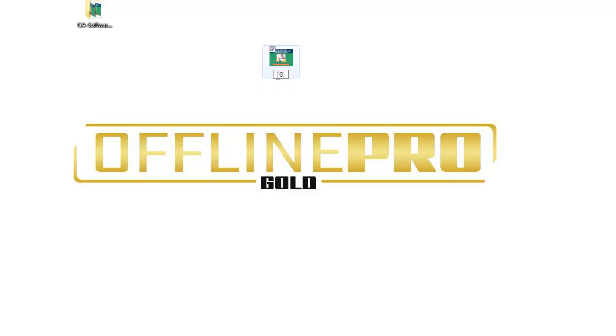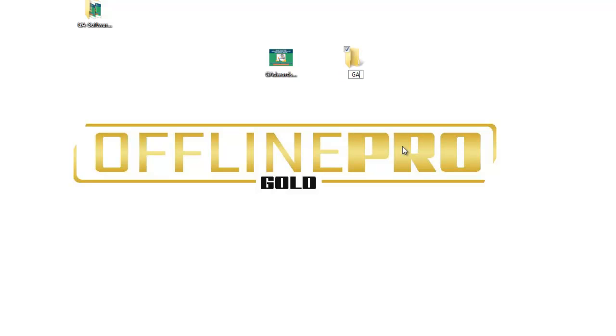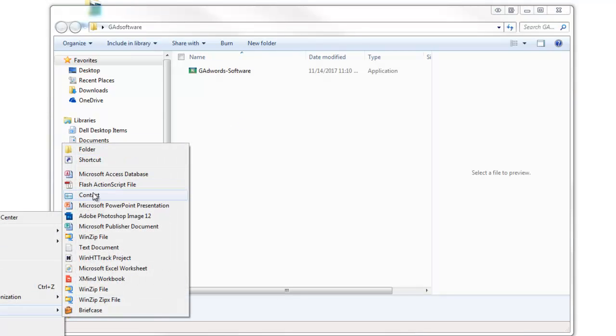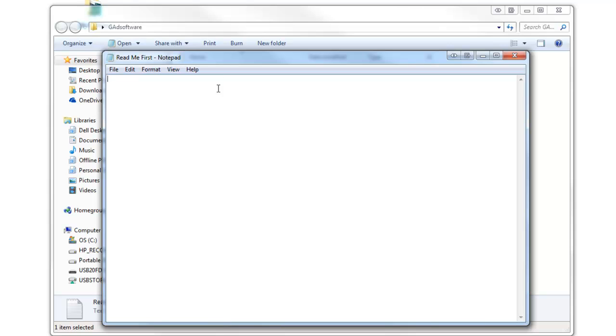Now I'm going to go ahead and change the name. You can go ahead and change the name. I can go ahead and make a new folder. Okay, I could put this icon in here. And what I like to do is I like to add a little note with all of my software pieces. Okay, I'm going to put a read me first. And what I put in here is I just write them a simple note. Thanks for downloading